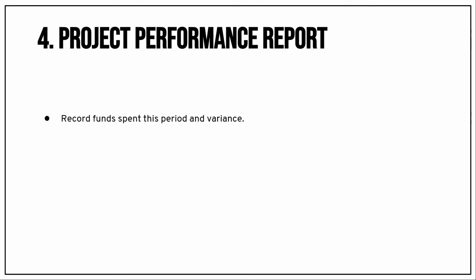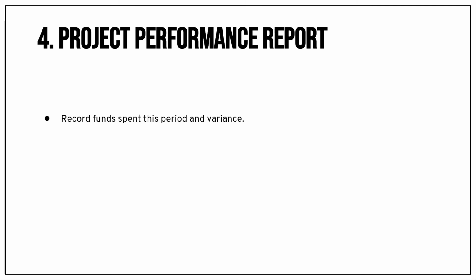So record funds spent this period and variance. So like what is the cost allocated to the project, how we are using the fund, and what is the variance. For example, if a project team has a structure of an 8-member team, which has one project lead, 2 testers and 5 developers, this is the project team structure, and that is the fund allocated, and based on that we are going to get the 20% profit margin.